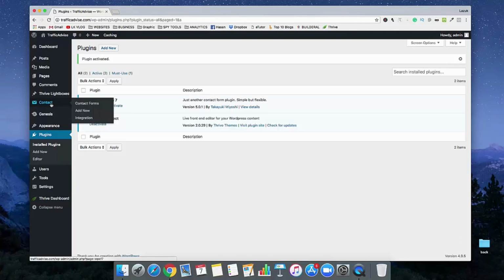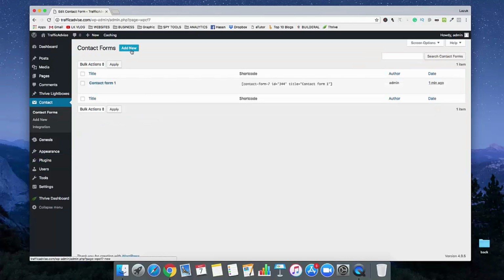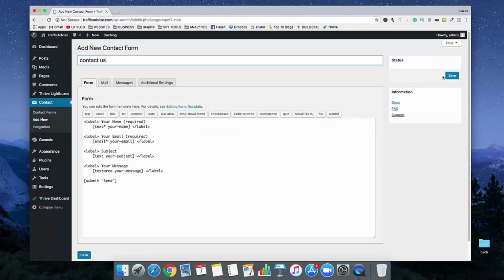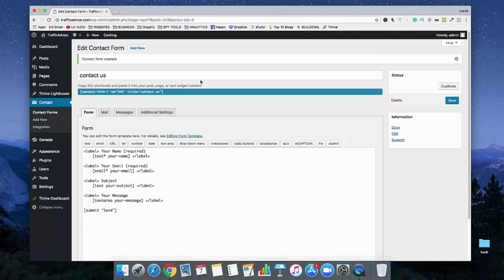So on the left side see a new menu added called contact. So go to that menu and create a contact form. Just click on add new, give it a name, and then just hit the save button. Okay, so we already created a contact form, and see here there is a shortcode. We need to use that code on our contact page. So just copy it